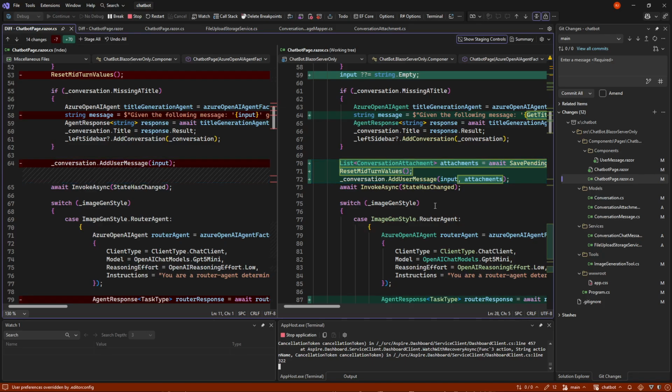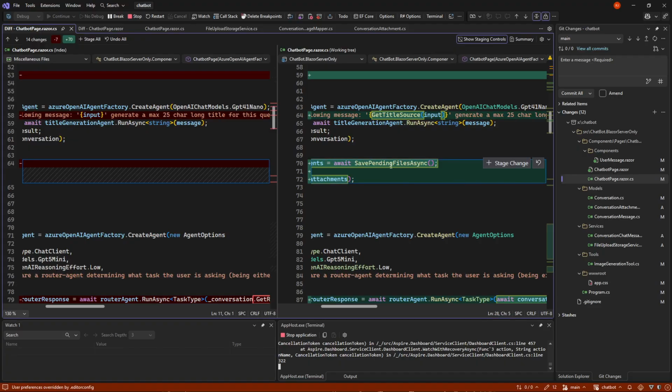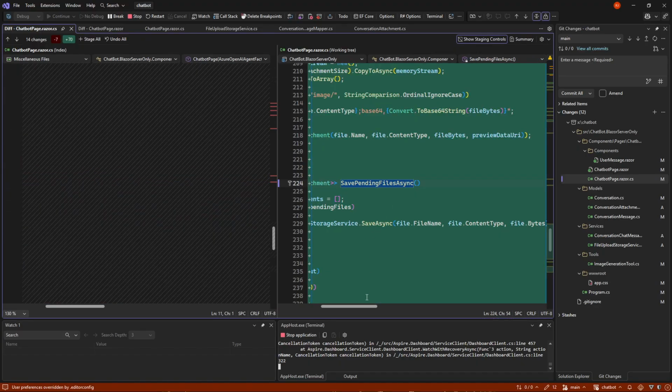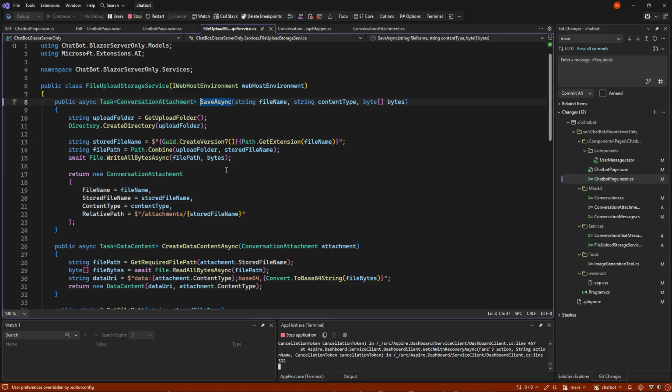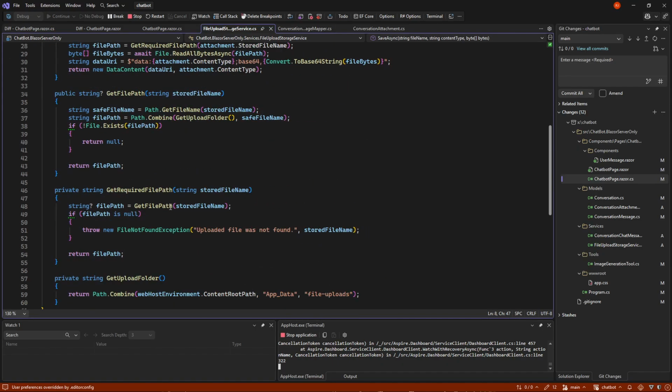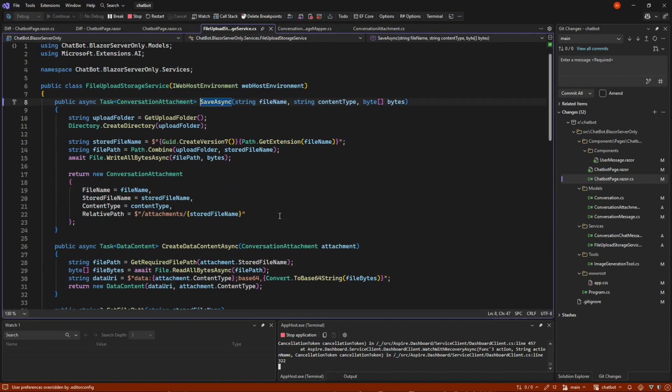In here we just make the attachments and we are saving them as files. And that is just normal files to a place we save. And in that place we save right now is our app data folder, as I showed before. So this is just normal Blazor writing files down to a folder and returning a conversation attachment.